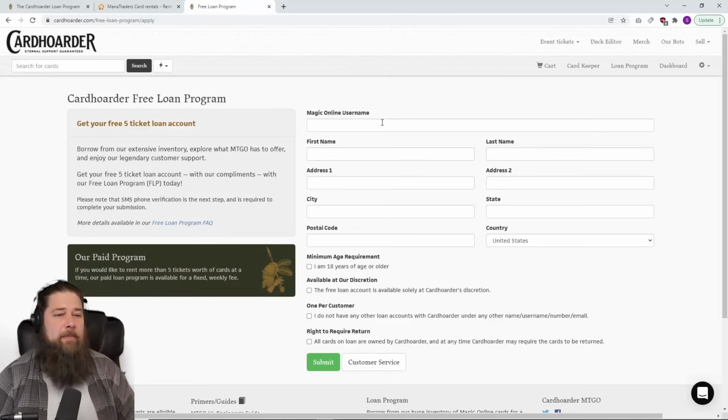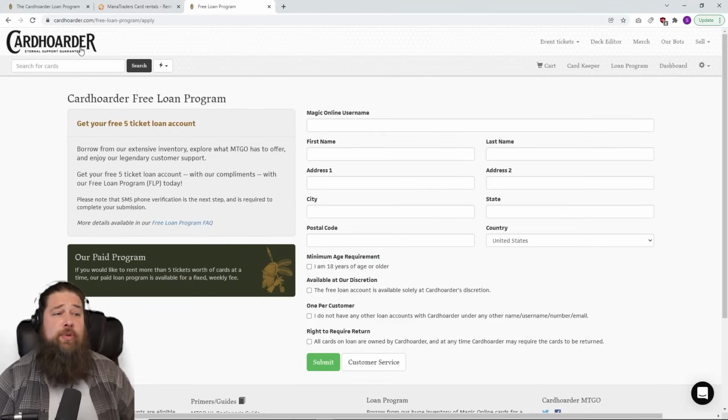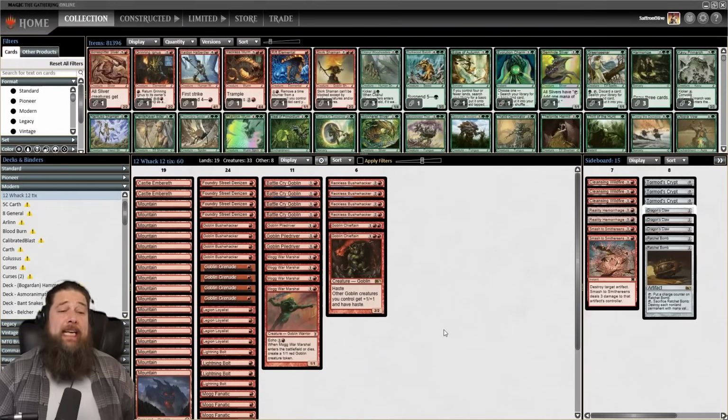So even if you're not at a point where you're ready to sign up for the subscription plan and pay so much a month to be able to borrow whatever cards you want, I would encourage you to at least test out these free card rental programs, because it's a great way to have access to a whole bunch of cards without spending any money at all. So that is getting cards, that is renting cards, that is buying cards, that is a whole Moto economy,